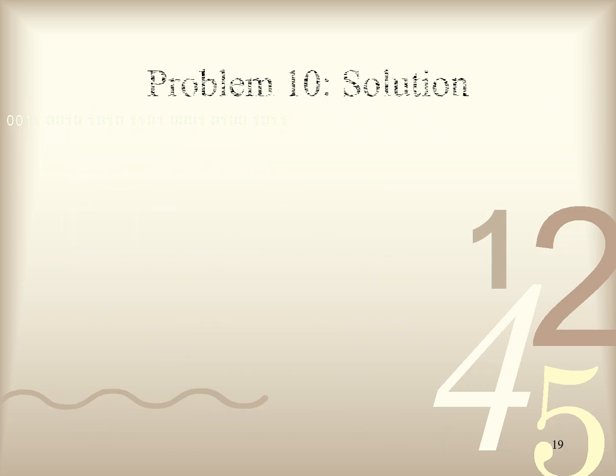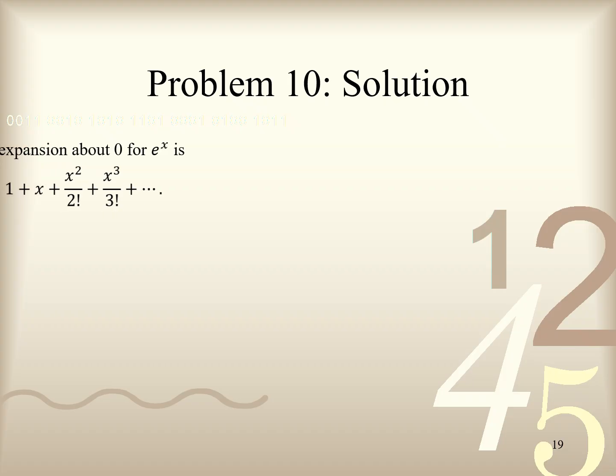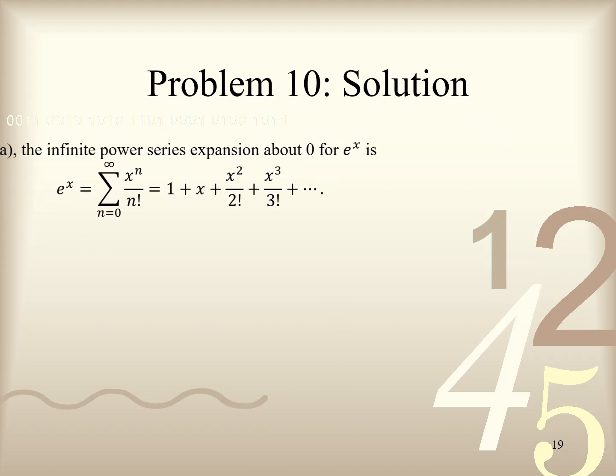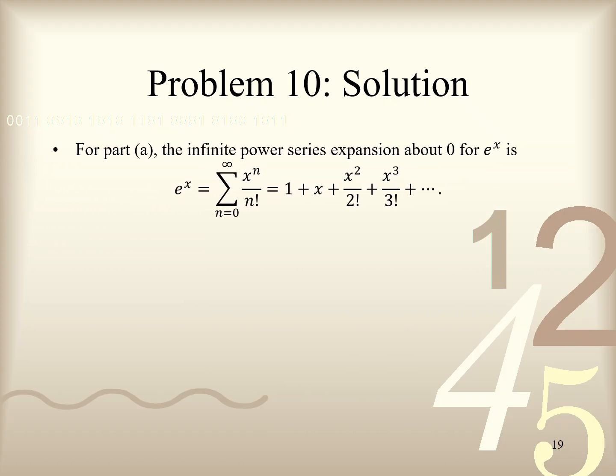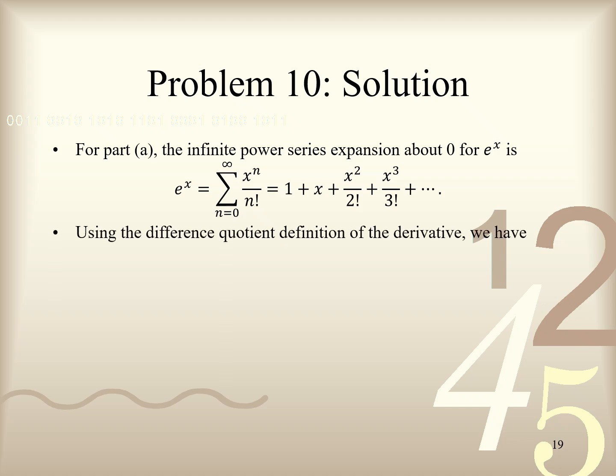Let's proceed to solve problem 10. For part A, the infinite power series expansion about 0 for the natural exponential function e to the power x, is given by the sum from n equals 0 to infinity, of x to the power n, all over n factorial. Using the difference quotient definition of the derivative, we have that the derivative with respect to x, of e